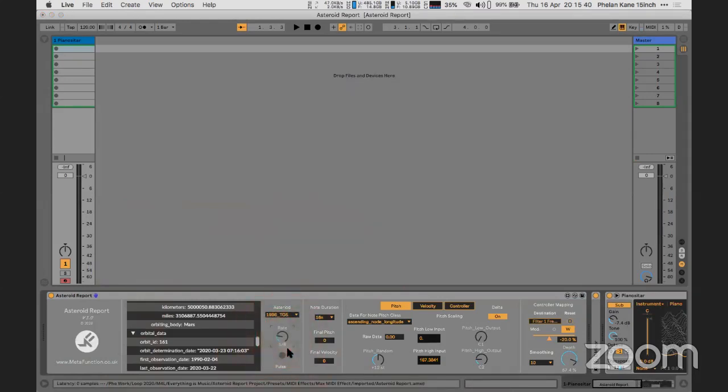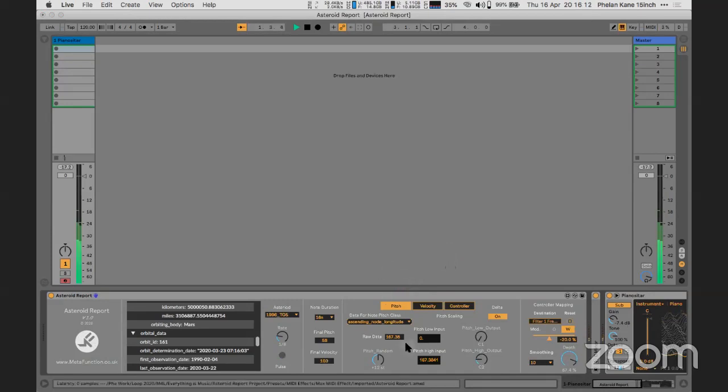So we're going to be working maybe on an 8th clock. I can trigger a specific pitch, velocity, and a controller. So there's 3 parts to this patch. The first one is the pitch, which generates obviously the pitch class. This is determined by whatever data set you choose in this menu. So for example, I'm going to use what NASA call the ascending node longitude to calculate the pitches for my musical piece. Now I don't honestly really know what that means in terms of NASA scientific information,